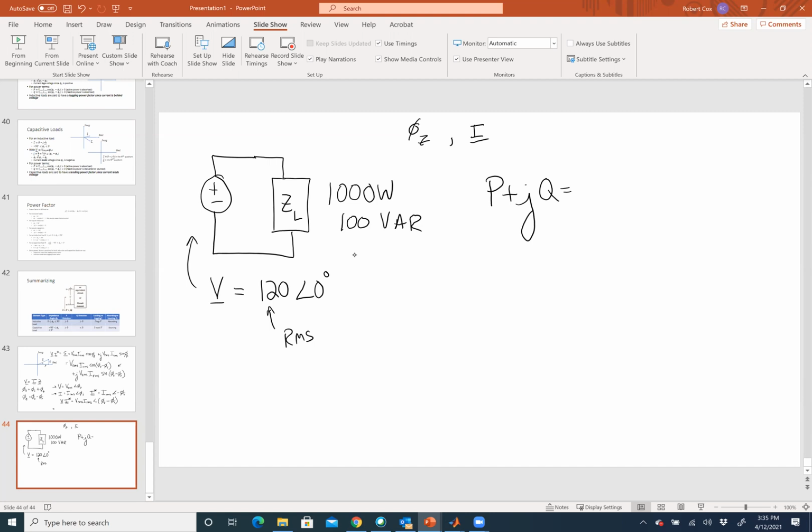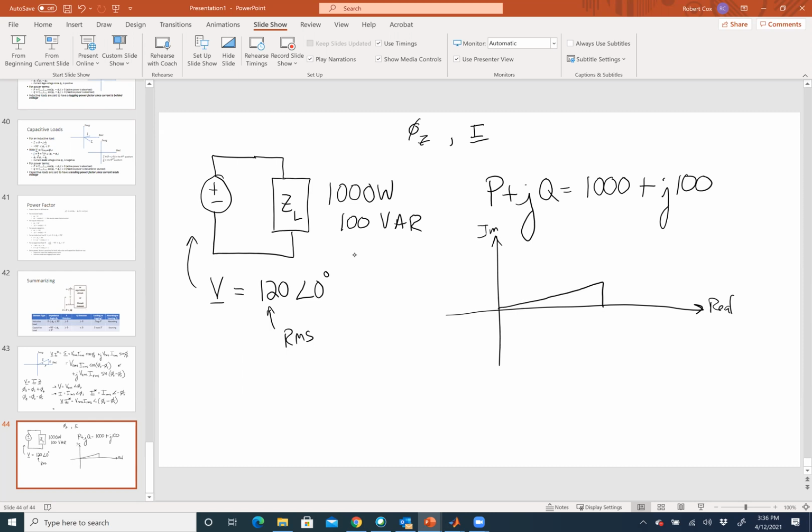Var is your reactive, and then 100 watts is your real. So 1,000 watts is my real, and 100 VARs is my imaginary, my reactive. So I can look at that and say, if I were to sketch that, here's the real, and here's the imaginary. This guy would be